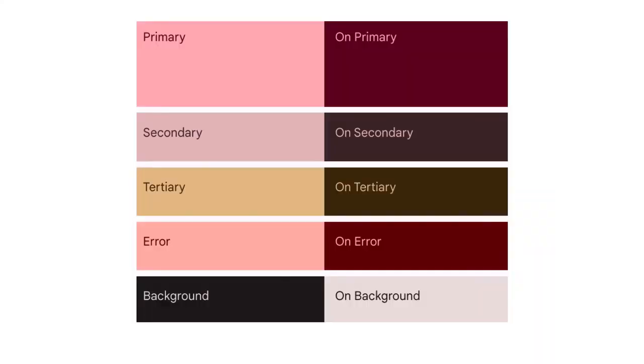For content that appears on top of those named colors, we have a category of on colors. On primary is the color of text or icons that appear on top of the primary color. On secondary is for content that appears on top of the secondary color, and so on. Using the Material Theme Builder also helps you ensure proper color contrast for your UI, making it more accessible for